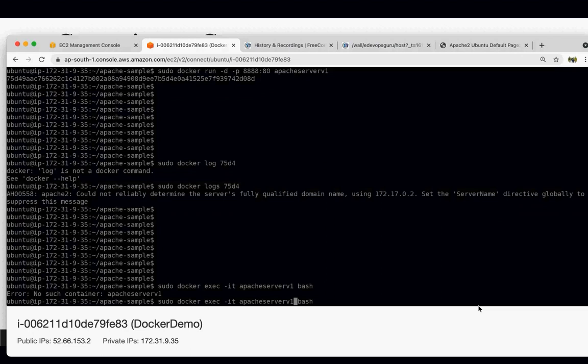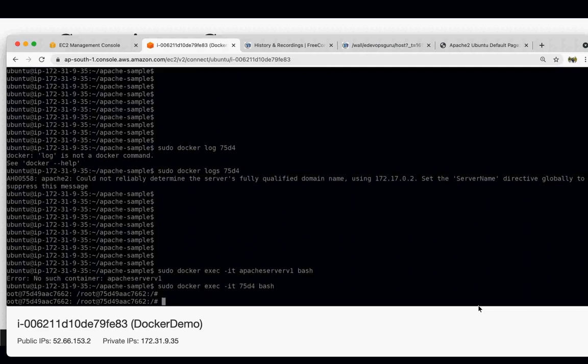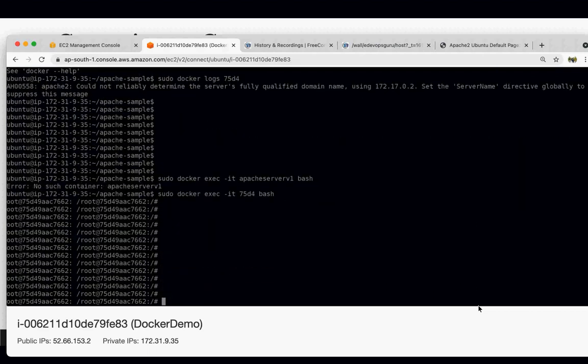What is the spelling? I think there is a spelling mistake, but instead let's use the Docker image ID, 75D4. Okay, now we are inside this Apache server version 1 Docker container.